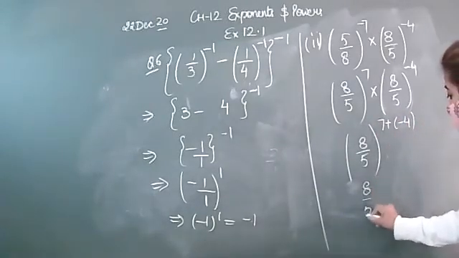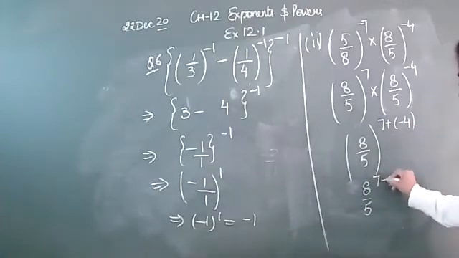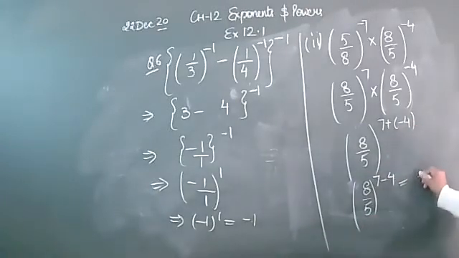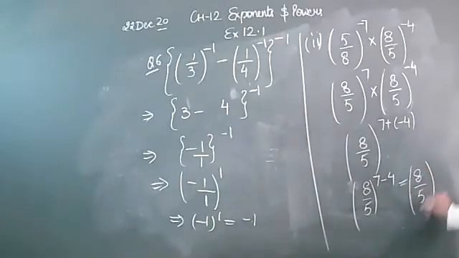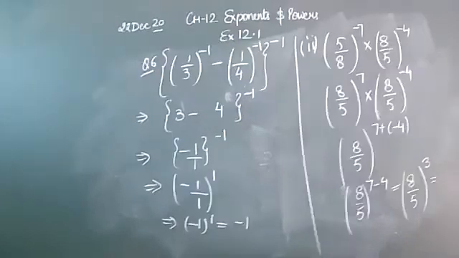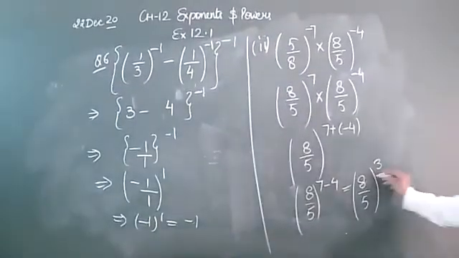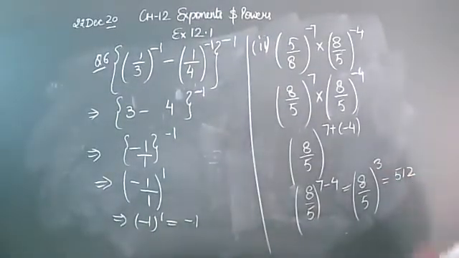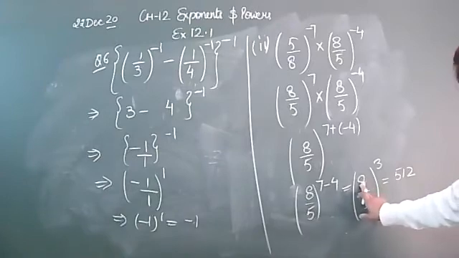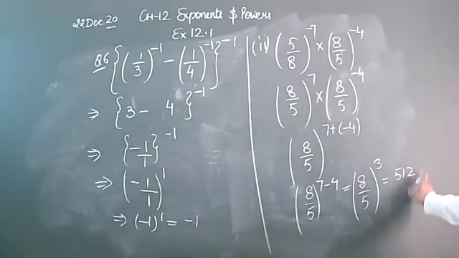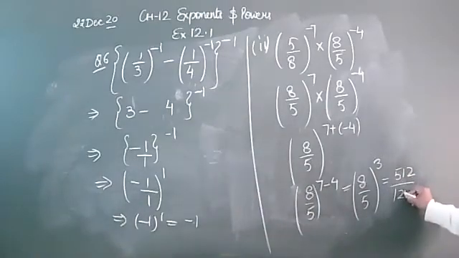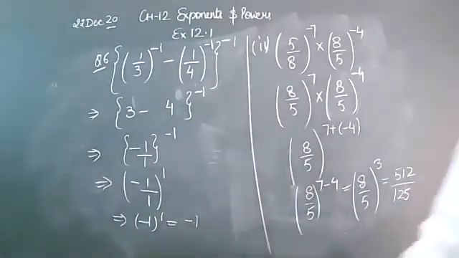Now 8 upon 5, when you subtract it, this will give you 7 minus 4, that is 8 upon 5 raised to power 3. Question is of simplification, then you will multiply this 3 times. If you make the cube of 8, that will give you 512. If you remember the chapter cube and cube root, तो मैंने आपको बताया था अगर किसी टर्म के एंड में 8 होता है तो उसके क्यूब में 2 आता है, 2 होता है तो उसके क्यूब में 8 आता है. And the cube of 5 is 125. So this is your answer.